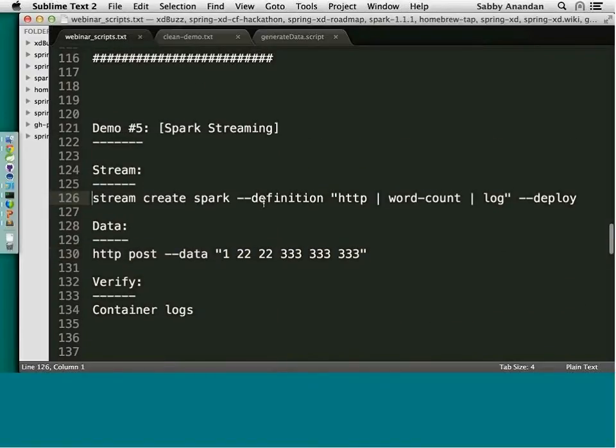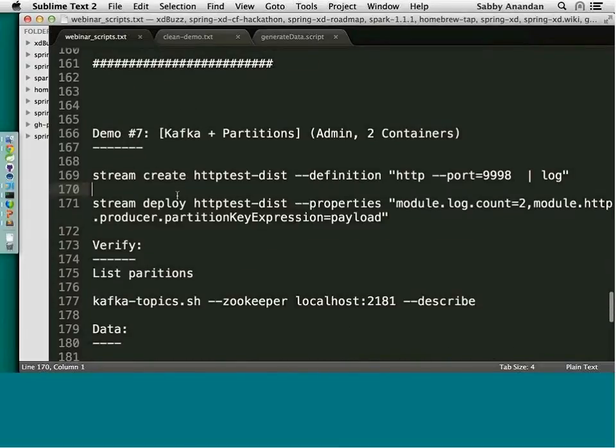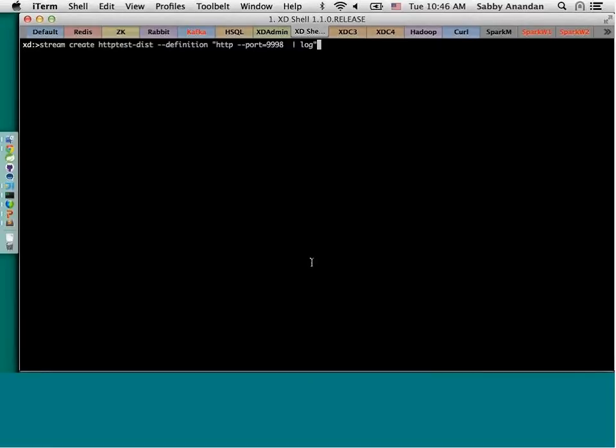Okay, so I'll get back to that. So I'm creating a stream with the name HTTP test, and for the definition of that stream, I'm giving HTTP, listen to this port 9998. And once the data is consumed, I would want to log it using the log sink. And I created that stream,